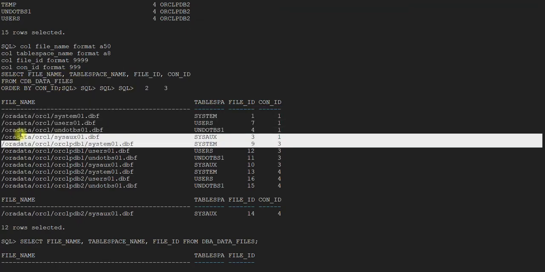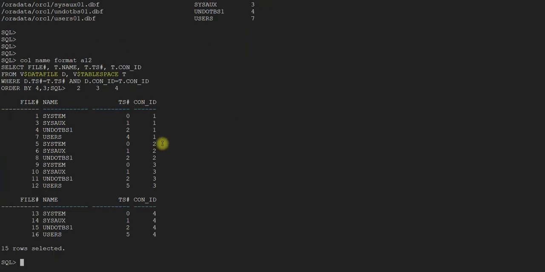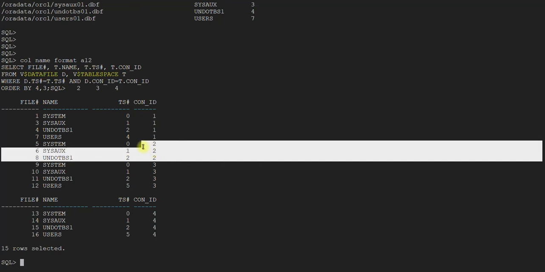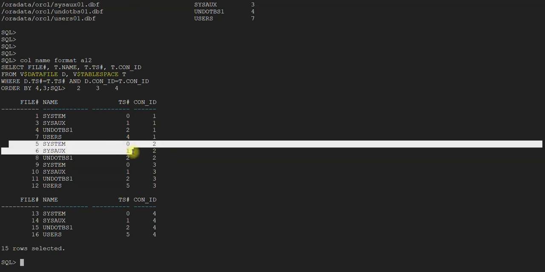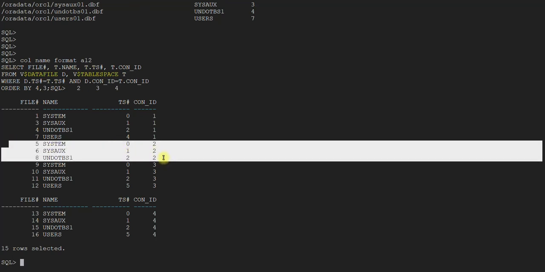It won't fetch you the details of PDB seed, but when you use the V$DATAFILE and V$TABLESPACE, it fetches you the files relating to seed as well. You need to make sure that you remember this.